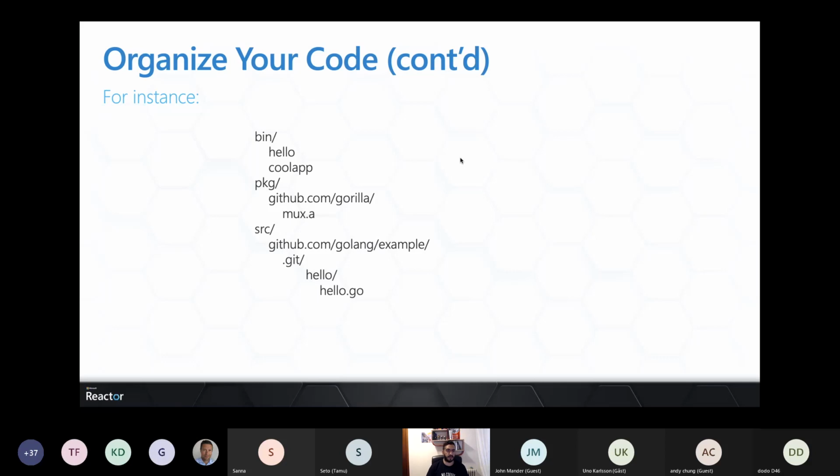be an executable. The package or PKG is going to be the packages that you're going to have from other libraries. In this case, I'm using a library from GitHub called Gorilla, and you can see that the extension of that file ends with .a. So in this case, it's going to be mux.a, and that's the standard for a library